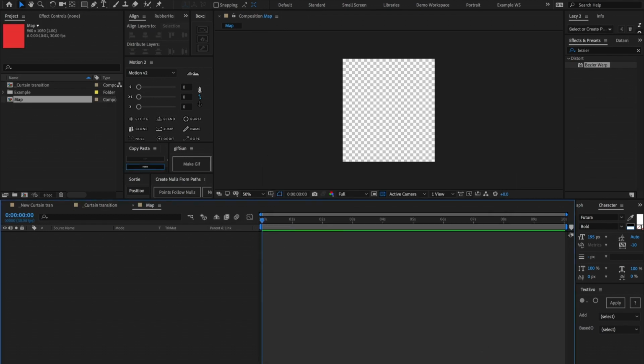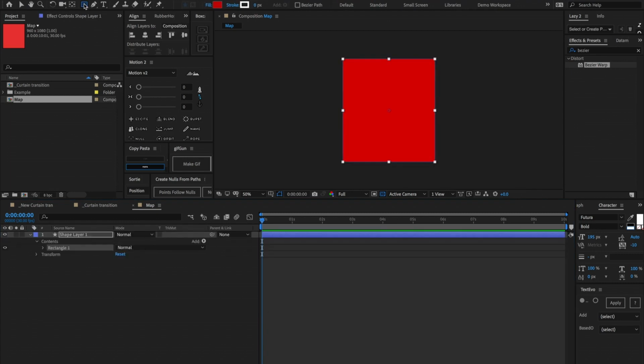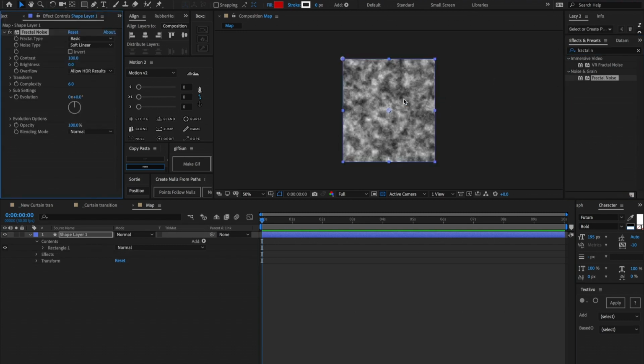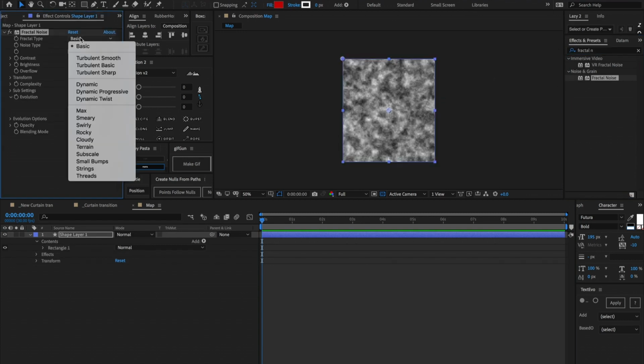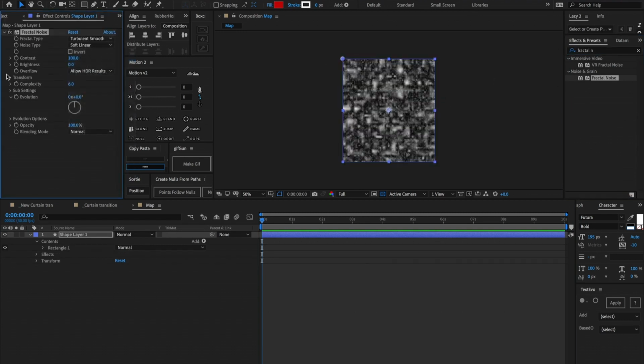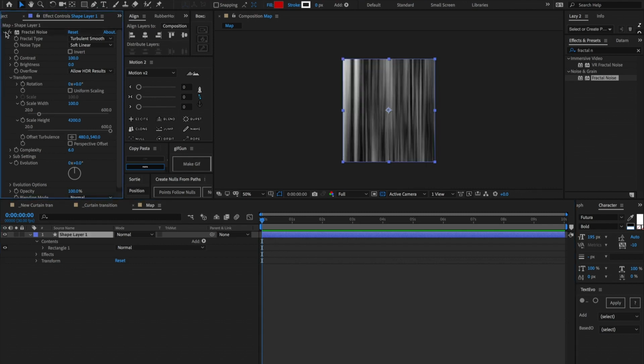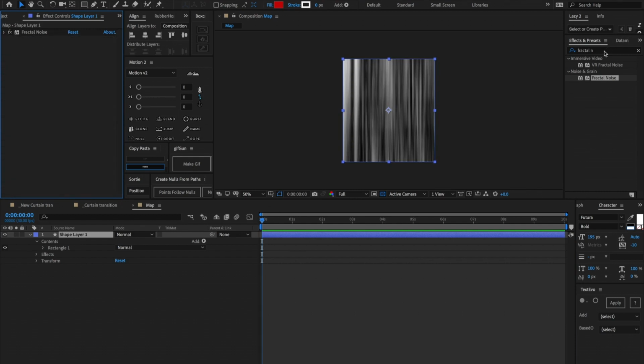Once we're inside of this new map composition, let's make a new shape layer, and let's look up an effect called Fractal Noise. Let's drag that to our new shape layer. Let's change the fractal type to be turbulent smooth, and then let's go into transform, uncheck uniform scaling, and change the scale height to be 4200. Alright, so now we're starting to look more curtainy-ish, but let's go ahead and add an effect called Bezier